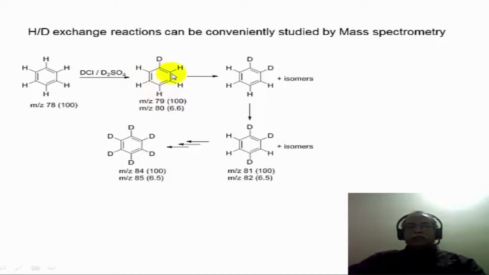Now the reaction can proceed further, and during the course of the reaction, if aliquots of samples are analyzed by GC mass spec, it will clearly reveal whether it has gone to mono-substitution, di-substitution or tri-substitution, or complete substitution to benzene-D6. When it goes all the way to benzene-D6, the m/z value corresponds to 84, 6 mass units more than the molecular weight of benzene itself. So mass spectrometry is a very convenient way to follow such reactions where isotope substitution is carried out. This is further illustrated in the next example.